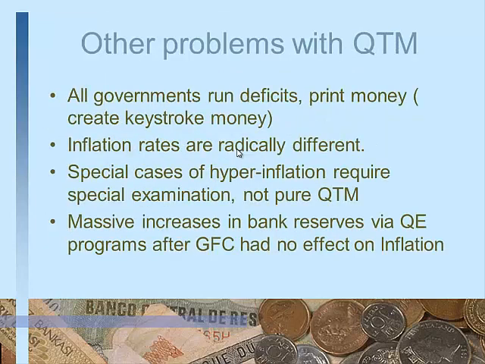So there are other problems with the quantity theory. All governments run deficits. If you look at the world around, they print money. Actually, MMTers don't like to use the word print money, so they say create keystroke money, because that's what happens today. You don't actually print money, but print money is useful as a metaphor. But up until the 1970s, the quantity theory equation fits well. MV equals PT, velocities are stable. But after the 70s, you run into serious problems all over the world if you try to fit quantity equations.